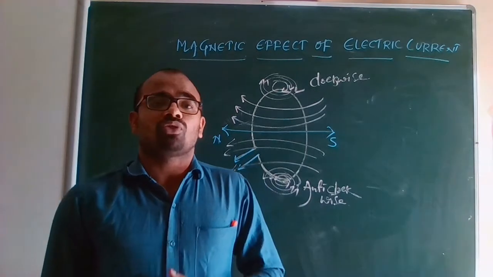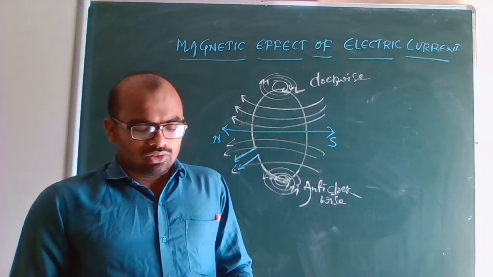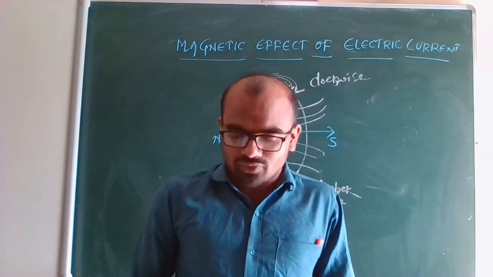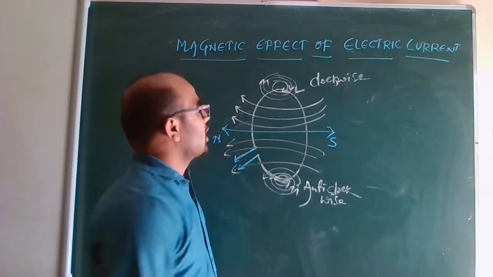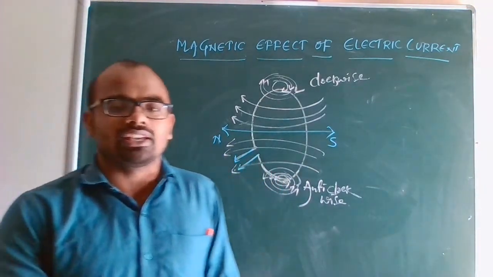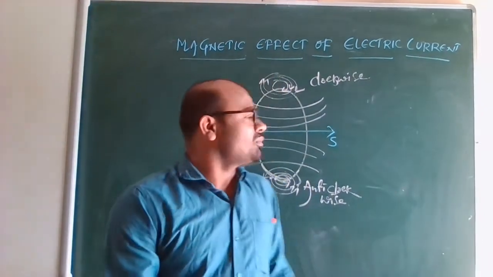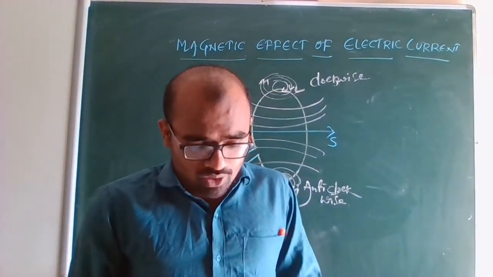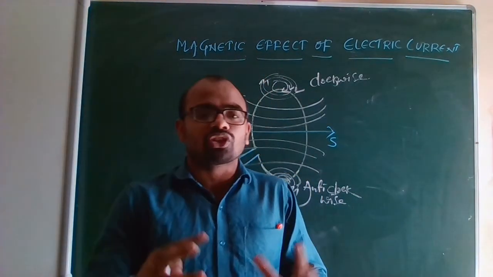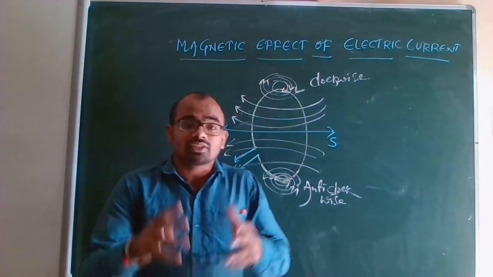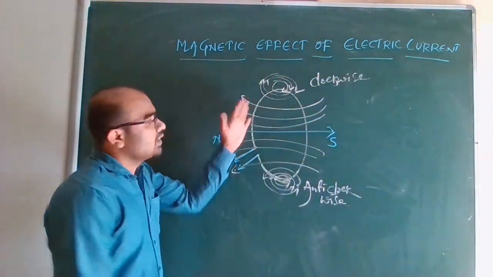Okay, that one you have to concentrate. So what is that? We have so far observed the pattern of the magnetic field lines produced around a current carrying straight wire. Current carrying straight wire we have already seen. Suppose this straight wire is bent in the form of a circular loop. See, the same straight wire, we have to bend it in the form of a circular loop like this.